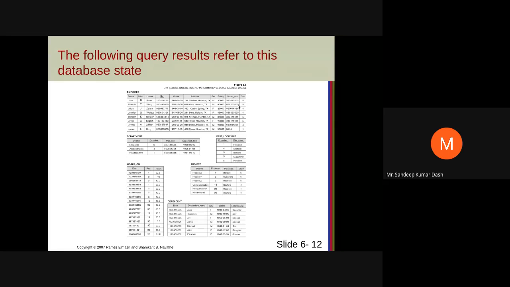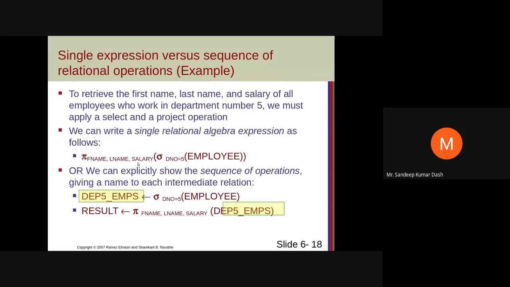So first I have to select this row, this row, this row, this row. Then out of these results, these 4 rows, I have to select the last name, first name, and salary. So only 3 columns I require. So I wrote the command or wrote the formal expression like this. First one is to select the rows from the employee table. Then take out their